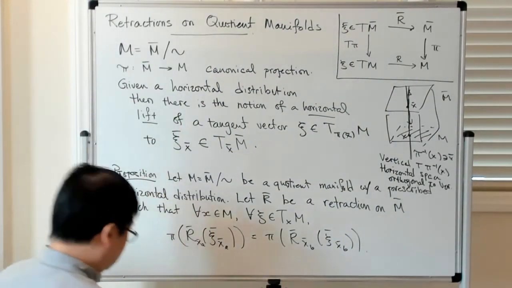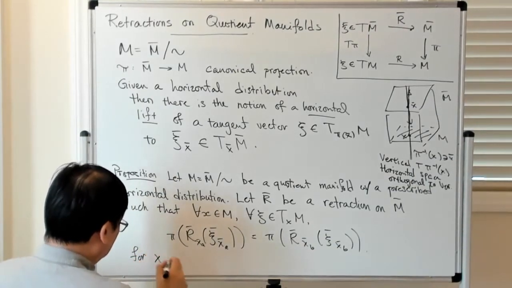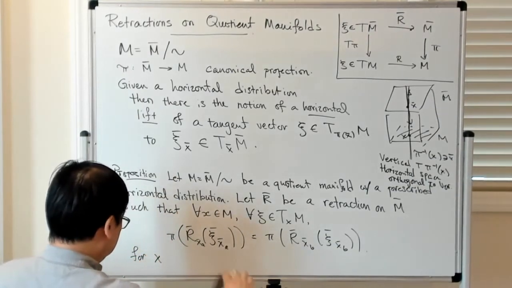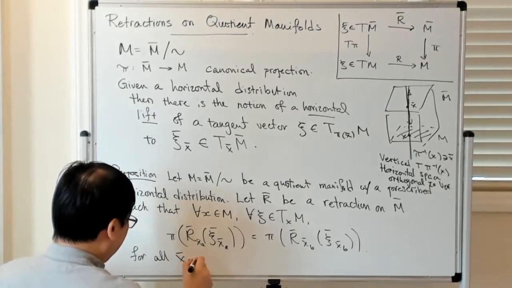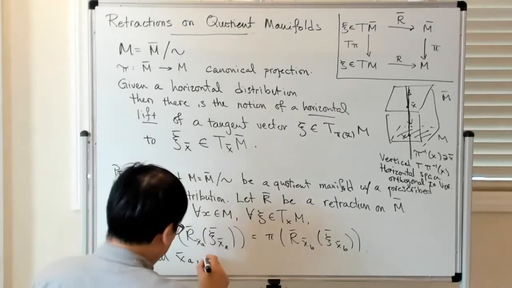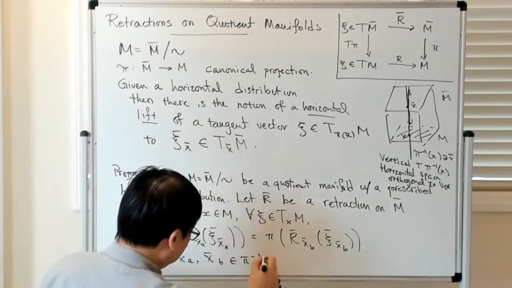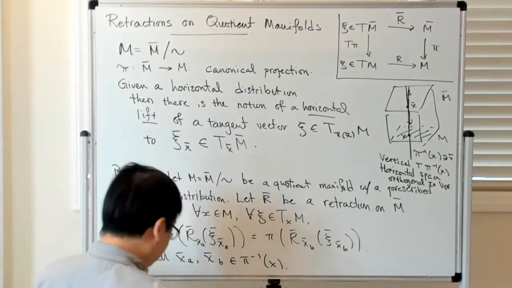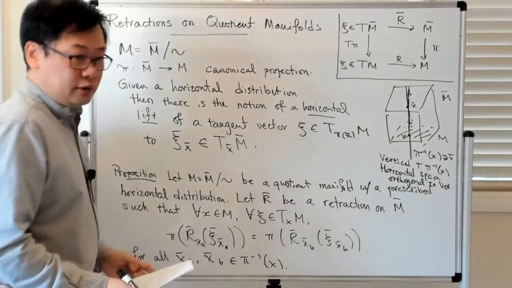Okay, and this needs to be true for all X bar A and X bar B, which are in the fiber, pi inverse of X. Okay. All right, so if that's true, then this gives you a well-defined retraction